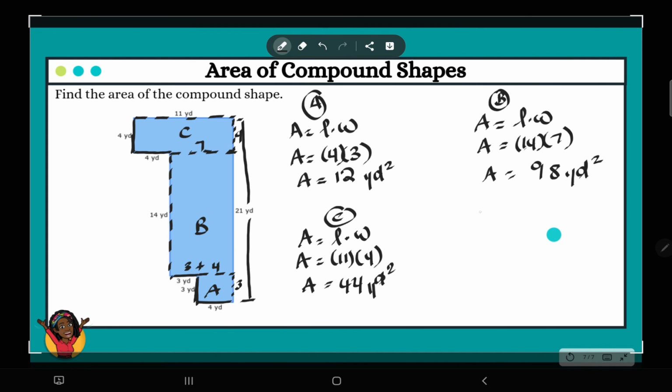So we're going to add the area of all three numbers together. So we have 12 plus 98 plus 44. 2 plus 8 is 10 plus 4 is 14. 9 plus 1 is 10 plus 1 is 11 plus 4 is 15. So the total area is